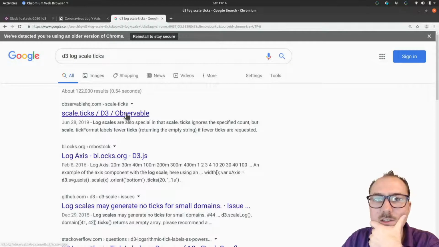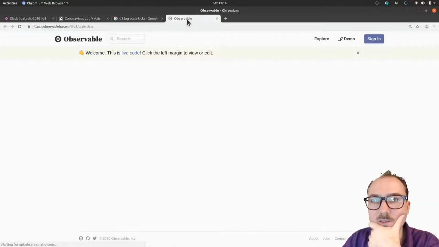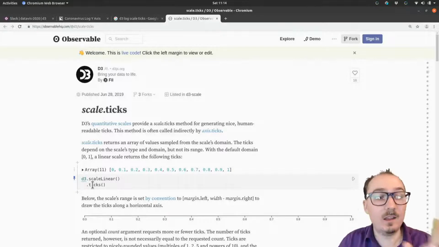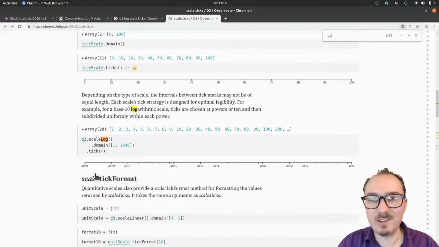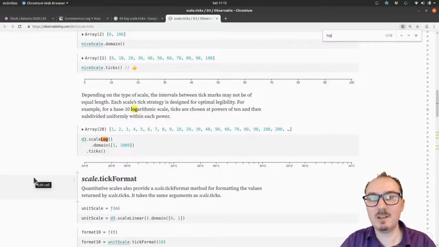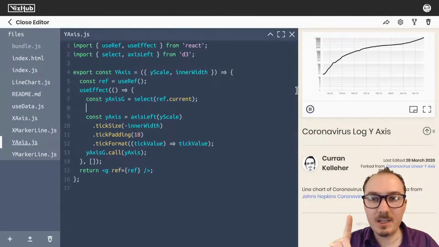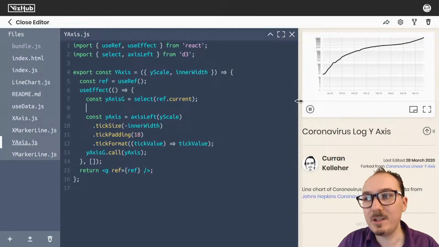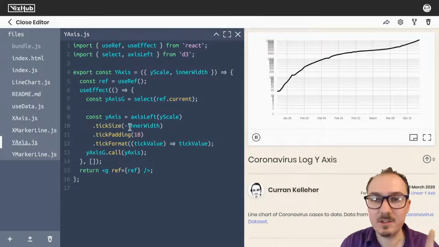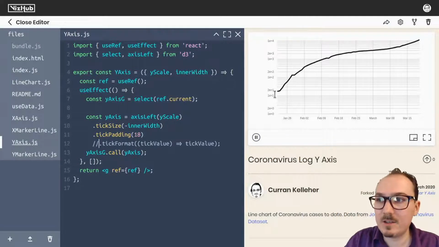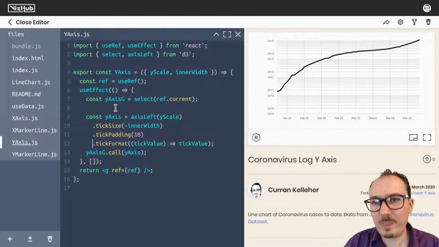Oh, the first thing I see is scale.ticks in Observable. Okay, so getting the ticks on a log scale. See, if I do log scale, I don't know, it looks like it should work. So let me give that a try. So the idea is, I wonder, is that going to give us the nice collection of tick marks that we got out of the box? See, just to remind you, if we don't specify the tick format, it gives us a limited number of ticks. So I wonder, if we do